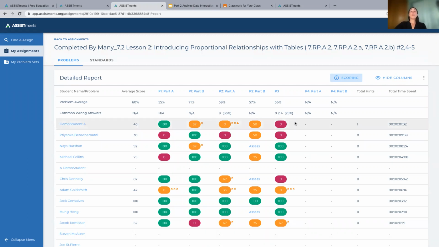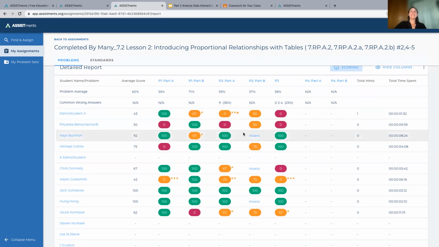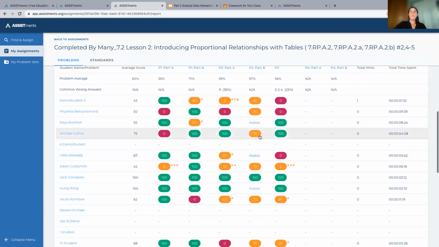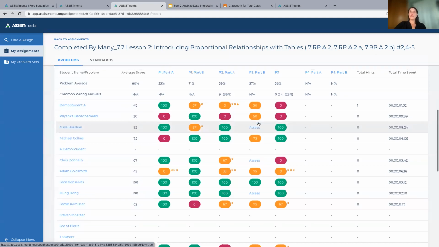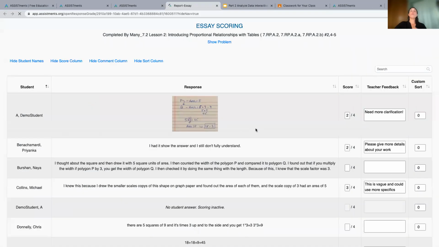Moving right along, there are questions in the JUMP curriculum that ask the student to draw a picture of something or give an explanation or show their work. And that's our open response questions. If there's an open response question, you're going to see the word assess here in this column. You have the option to score and leave feedback to your students based on their open response work, which are not automatically scored. So when I click on the word assess, that's going to open up the open response